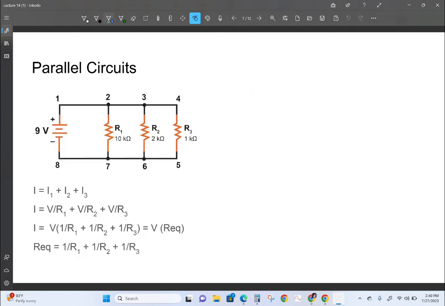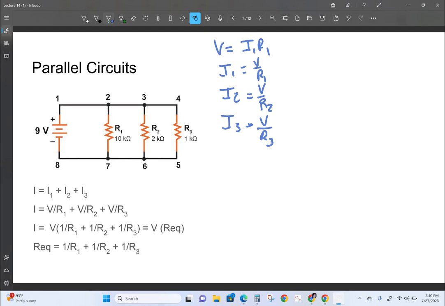So since all of the currents add up to be I1, I2, and I3, we can solve the equation V equals I1 R1 for I1, and that would be V divided by R1. And for R2, I2 would be V divided by R2, and I3 is going to be whatever the voltage of the battery is divided by R3. So if I plug those in, you notice that we can pull out a common term,